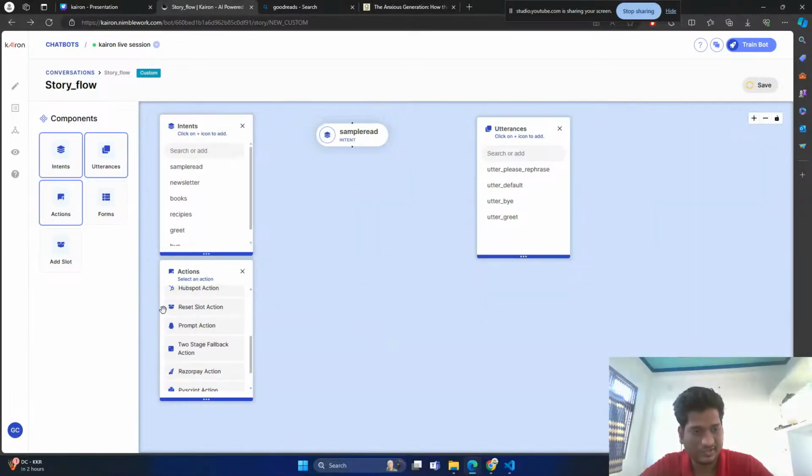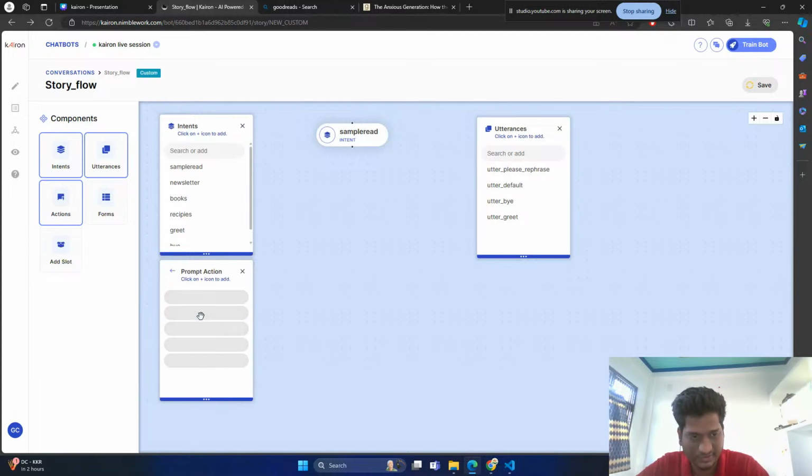As for reset slots, there's a concept in our platform known as slots, which are basically memory for chatbots. So you can store some data which you can use in a later flow. If you want to reset those slots at any point of time in the flow, you can use these actions. What we're actually interested in is prompt action, which basically creates a customizable LLM which takes data